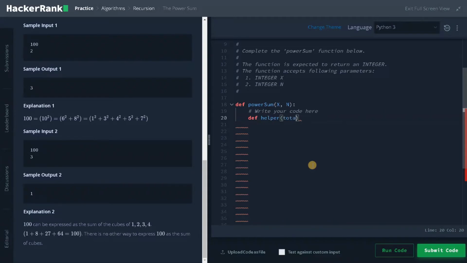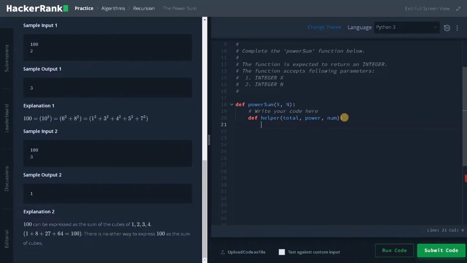I will have the total, that is the final number we have to get, the second one will be power, that is this 3 or 2, and the third one will be the number, the current number. If it's 1 it will be 1 cube, if it's 2 it will be 2 cube. Like that, we will iterate through the numbers.